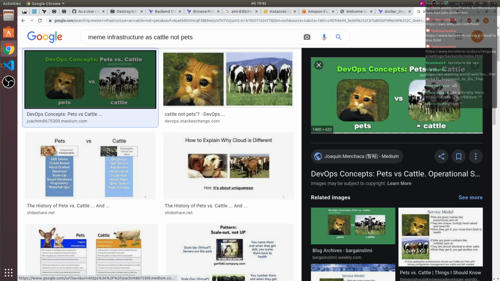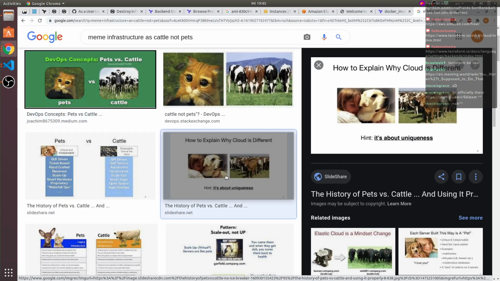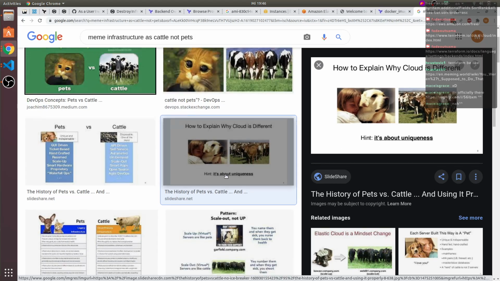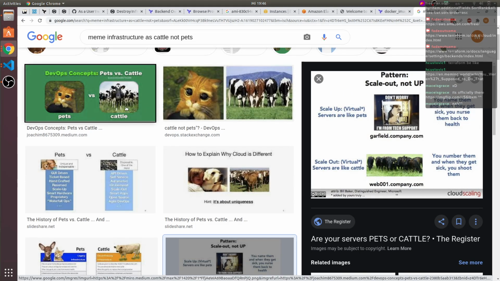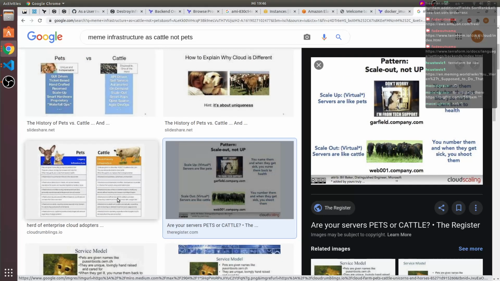So of course the data is not replaceable, but the MongoDB sitting on top of that data, that should be replaceable, in fact, ideally. How to explain why cloud is different, and it's about uniqueness. Yeah. So there are a lot of memes on that front as well, apparently.